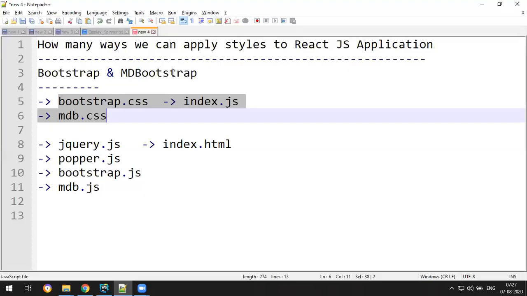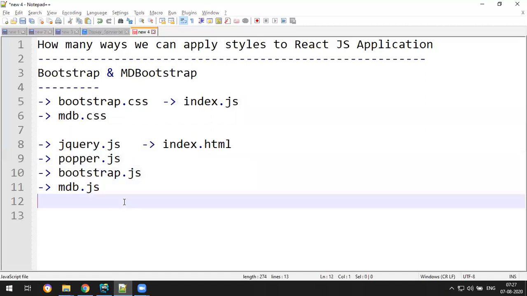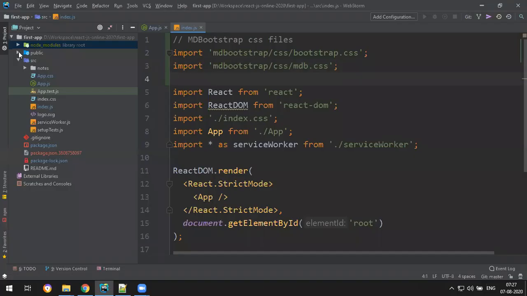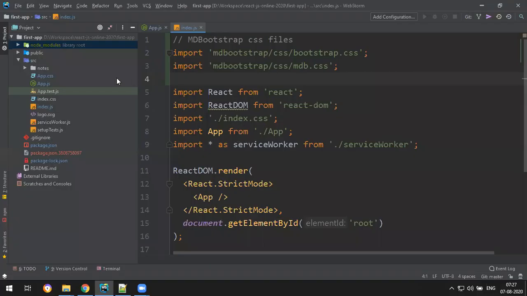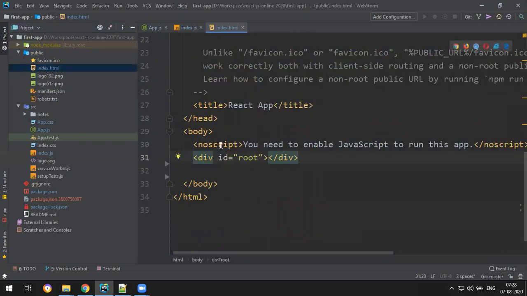Along with that, some JavaScript files are required. Either you connect these JavaScript files from local, or you can grab an outside CDN link. Let me connect them from local as of now. We connect this in the index.html. So go to the public folder, index.html.